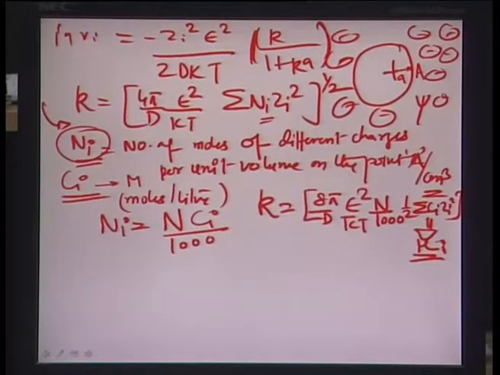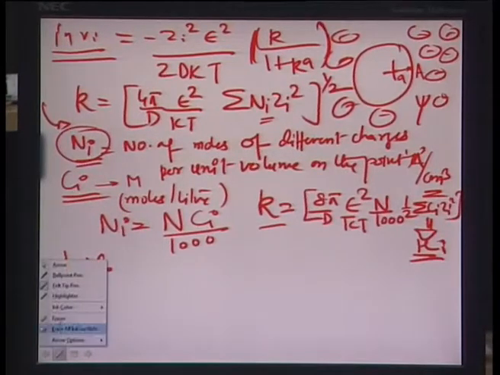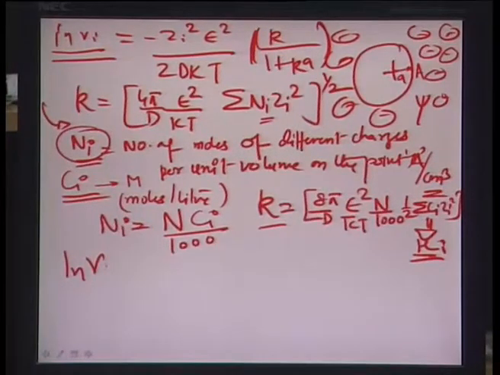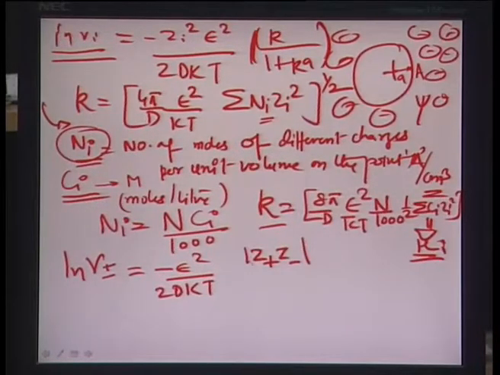So, we would today try to go ahead and find out what this ln gamma I would be in terms of this final and full expression for k, and we get that ln gamma I, and now I would like to change the subscript I by its essence. The way that we had started all these things, we had assumed I could be either positive or it could be negative. Okay, so I write ln gamma plus minus here is equal to minus epsilon square by 2D kT times the modulus of z plus z minus,